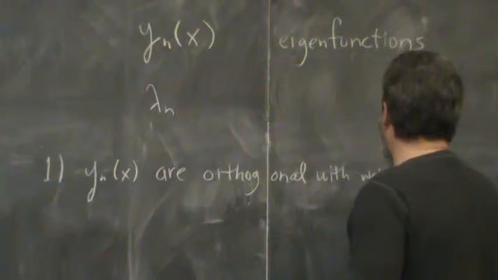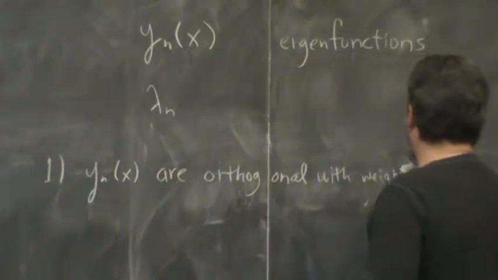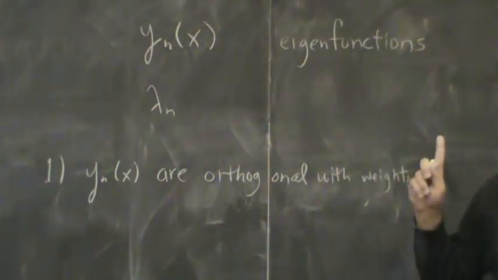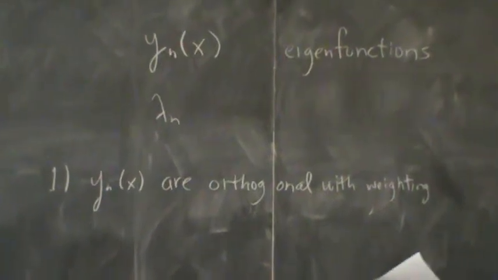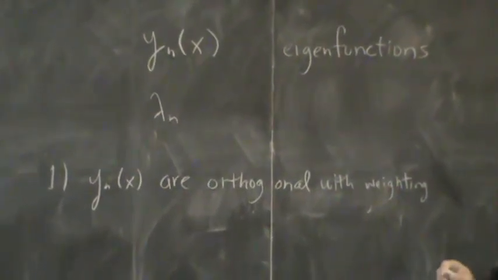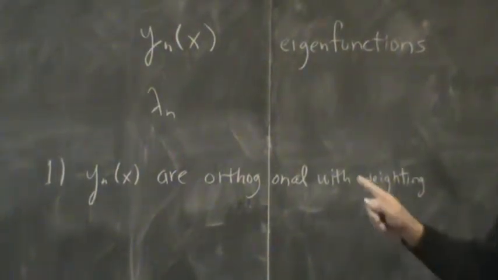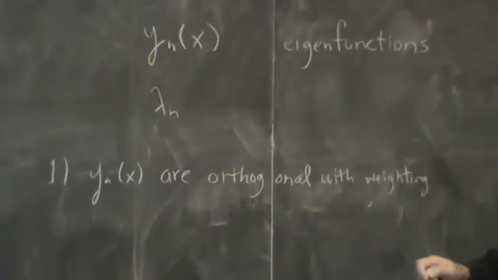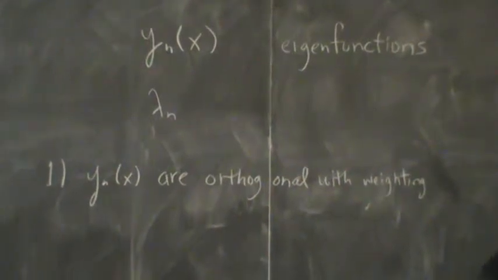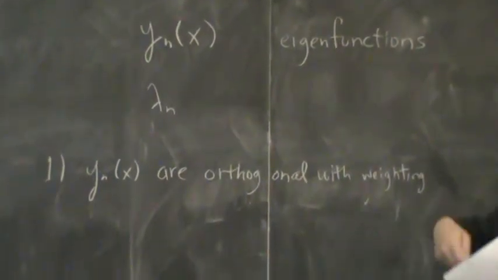It'll turn out that our weighting function for Laplace's equation is 1. All right? Or orthonormal with weighting? Well, not done yet. They're orthogonal first. All right? Then they're orthonormal. That's, you see, normal,